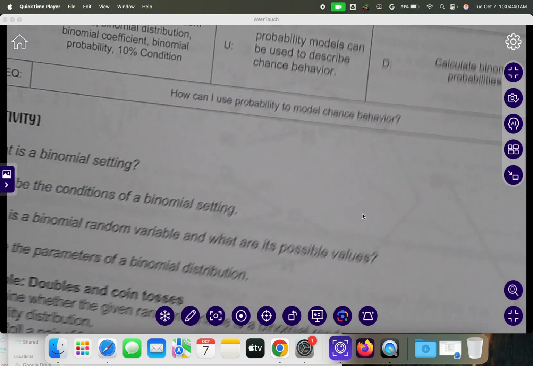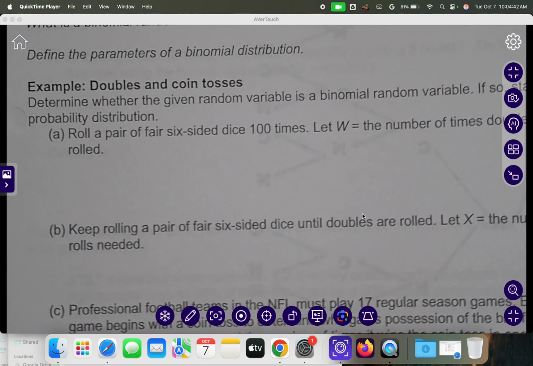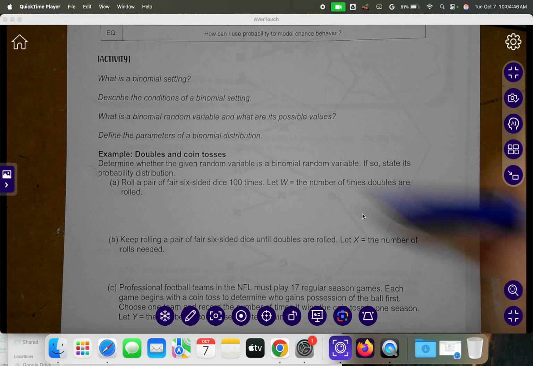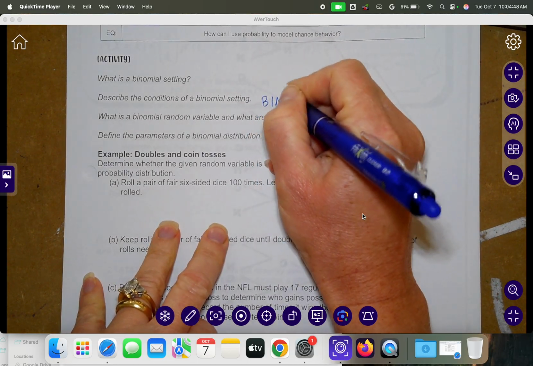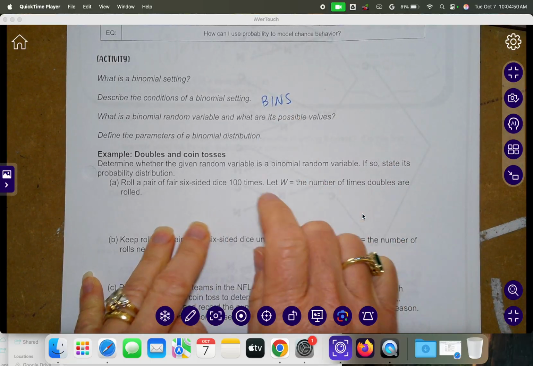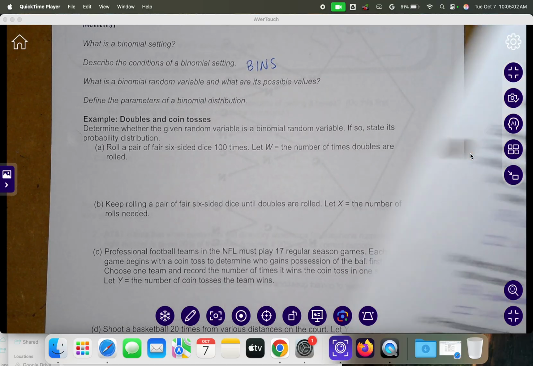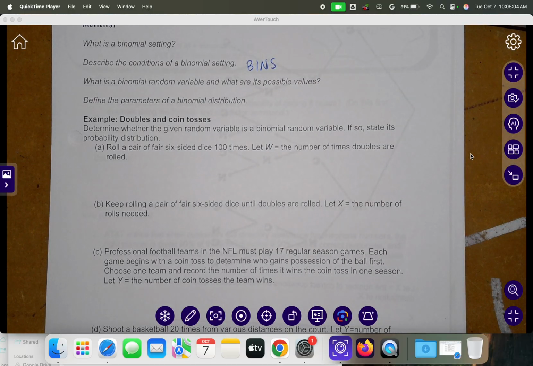You'll need to be able to figure out if a problem is a binomial or not. So again, we're thinking about that Venn there. So this one says roll a pair of six-sided dice 100 times. Let W be the number of times doubles are rolled. So if I think about that scenario here,